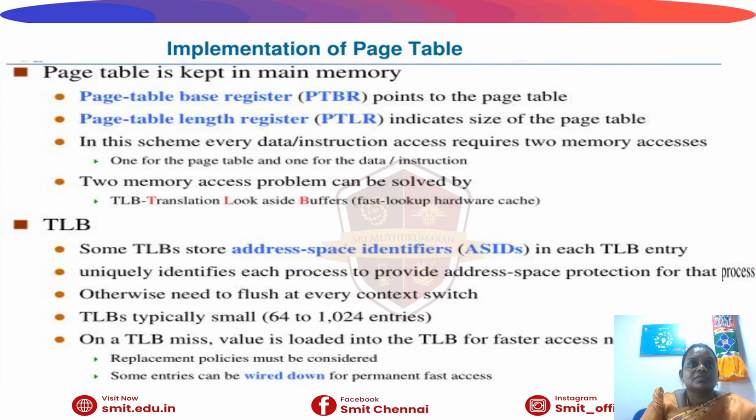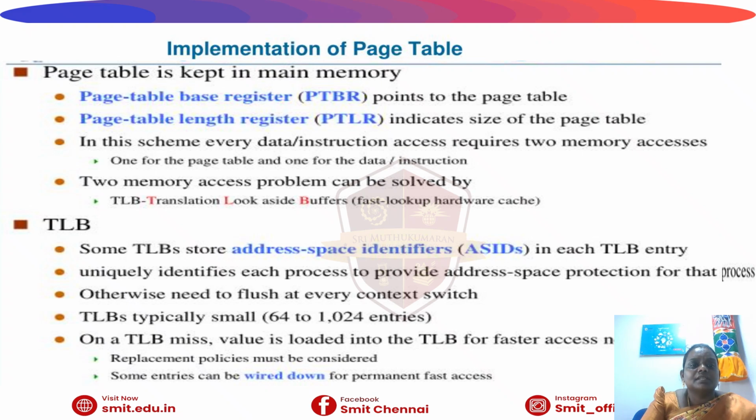And implementation of the page table, which maps page numbers to frame numbers. The page table structure has page numbers 0, 1, 2, 3 and frame numbers 5, 2, 8, 1. The page table is stored in main memory, and the registers used are the page table base register and the page table length register.